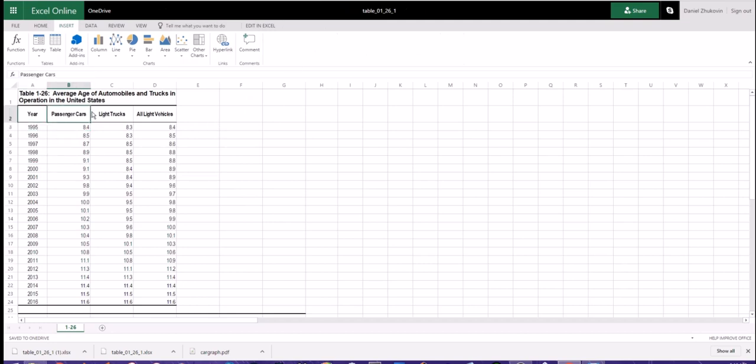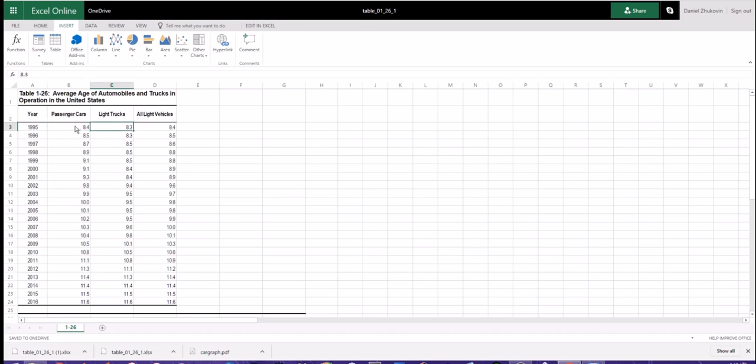what we have here tabulates the average age of automobiles and trucks, just three categories that pertain to automobiles and trucks over a 21-year span, going from the year 1995 to 2016. Now, if I want to talk about this in summary, overall, the year changed drastically. It's a 21-year span, but the average age only changes 3.3 years. That suggests a lot of things, which I'll cover when I talk about confounding variables very soon. So to summarize very quickly,